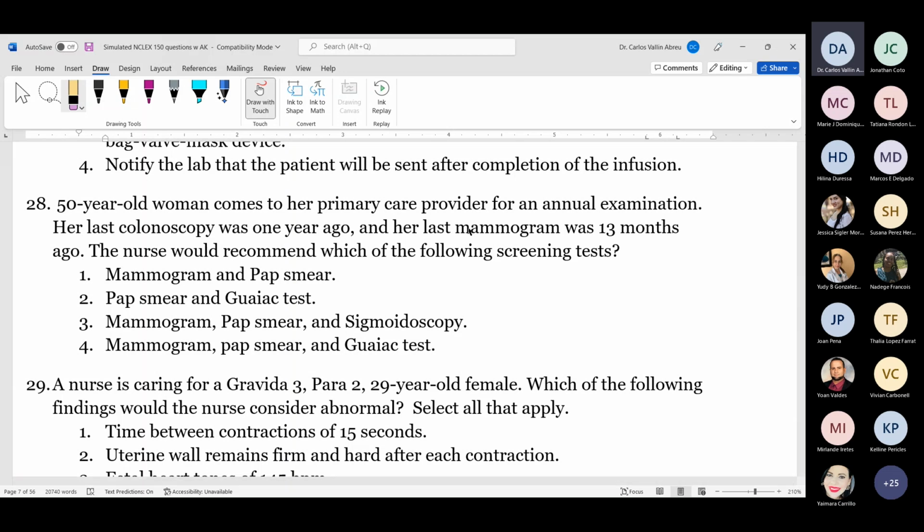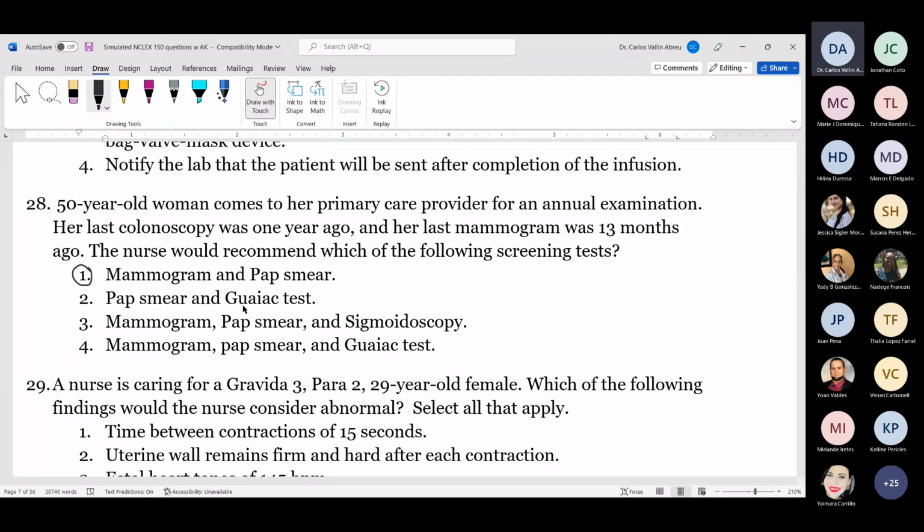Okay, a 50-year-old woman comes to her primary care provider for an annual examination. Her last colonoscopy was 1 year ago, and her last mammogram was 13 months ago. The nurse would recommend which of the following screening tests? Read the 4 options. I'm very sure you can read that. Which of these is the best recommendation for this patient? Number one is correct, but incomplete